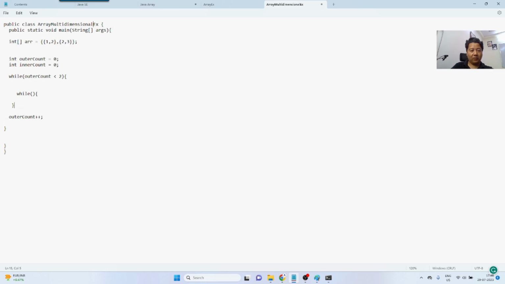So this will be the scope. The inner count is less than 2 because it is a 2 by 2 array. Inner count plus plus, right? And now I'm going to print the values. So System.out.print. I am doing this in the inner loop. What I'm doing is printing the outer count plus some space plus inner count, right, and